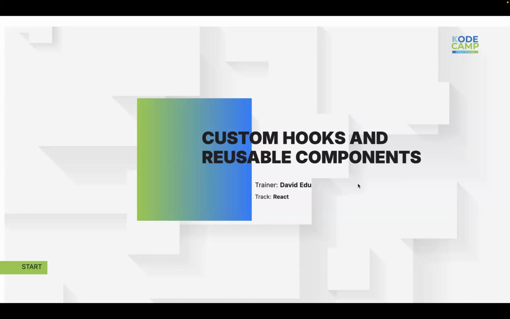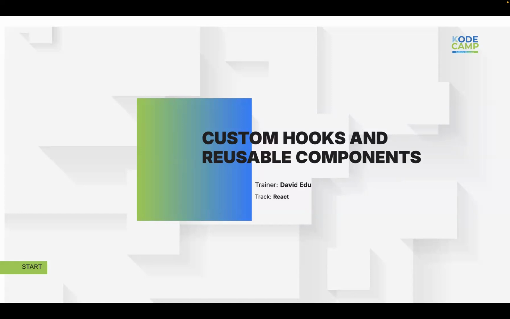Okay, let's just get right into what we have today. So today we'll be looking at custom hooks. So we'll be revisiting hooks, but this time we'll be looking at custom hooks as the ones that you create on your own. I think you all understand what something being custom means, right? So we'll also look at reusable components. Okay. So when we talk about custom hooks,